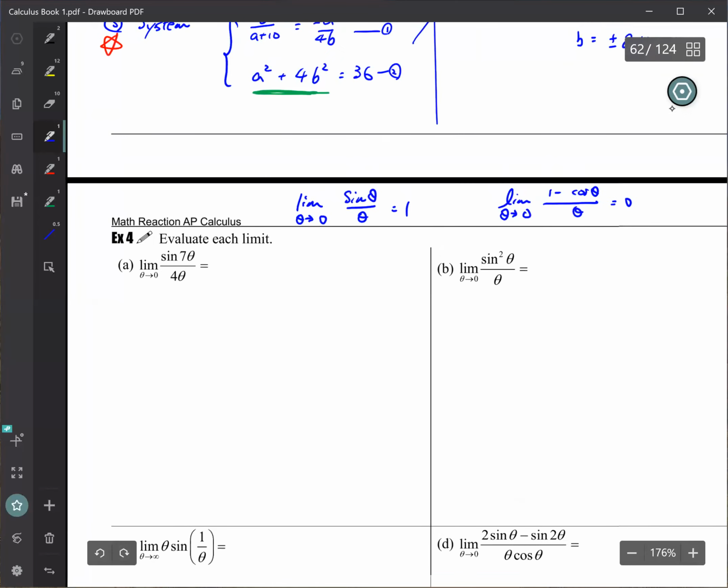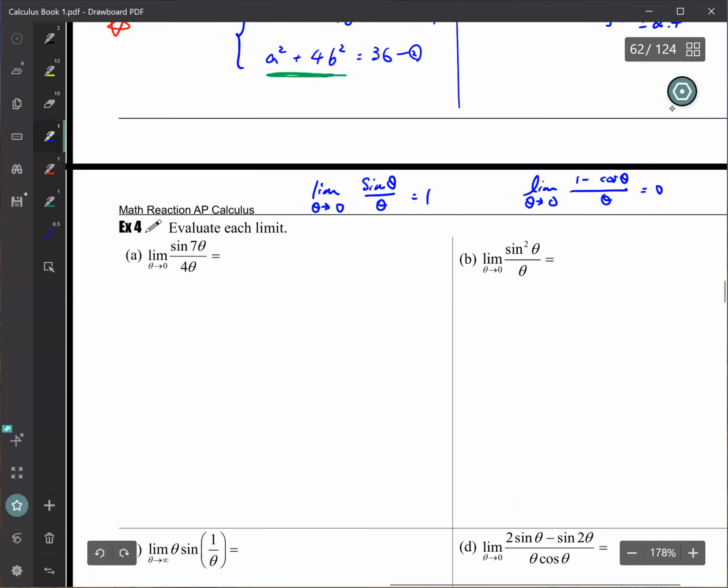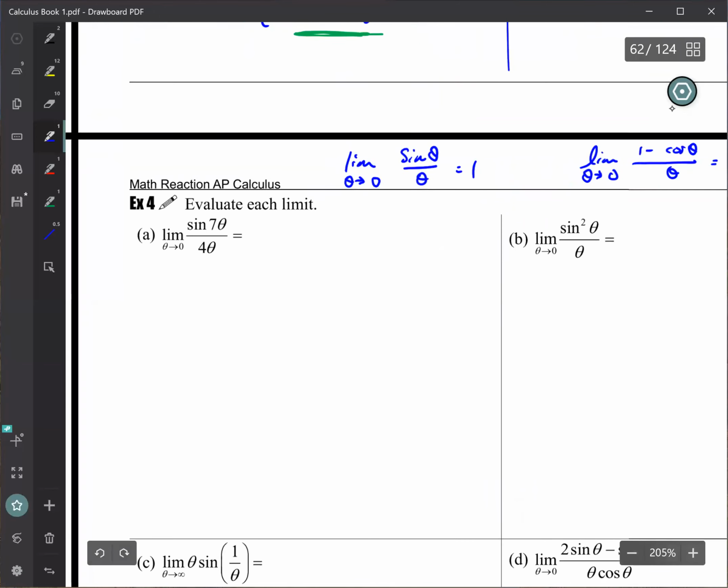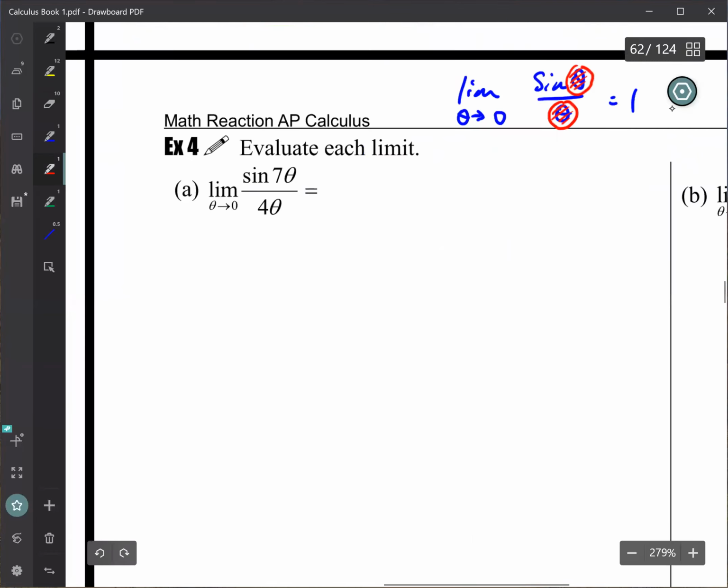It's the same. Okay, so in order to use the identity on the top, you must make sure the thetas are the same, whatever you see inside are the same. Then you can say it's 1. So right now, because the top is 7 theta and the bottom is 4 theta, you cannot call it 1, okay? So you need to do something. Otherwise, it's too easy, right? So what we are going to do,